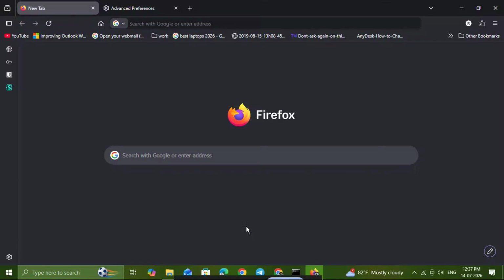Today, I'm going to show you how to disable WebRTC in Mozilla Firefox browser quickly and correctly. This is a useful privacy setting if you want to reduce the chance of websites detecting your real IP address through WebRTC leaks. Firefox makes this change easy, and you can do it in just a few steps without installing